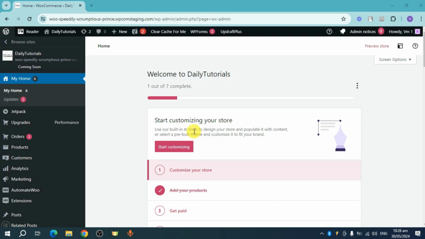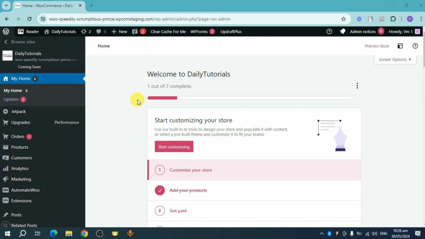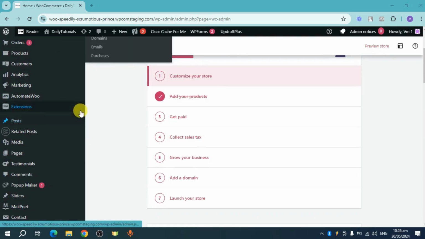In this video, I'll show you how to edit WordPress source code files. Let's get started. So we have in here two methods in order to use this. So what we can do first is to head over to our first method, which is to just head over